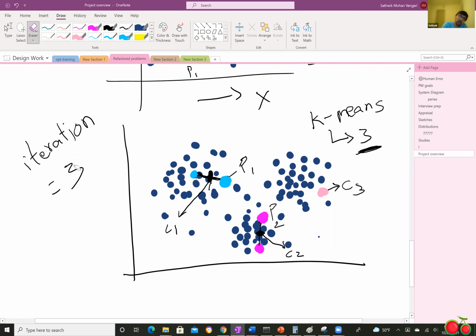Okay. Now I'll move to iteration 4. I'll pick another point. I'll add it again. So like this, I will keep adding points with every iteration. I will label them. I'll move the centroids, and this is how I'll grow my clusters. Okay. The only situation in which the algorithm will stop executing is either it runs out of points, new points